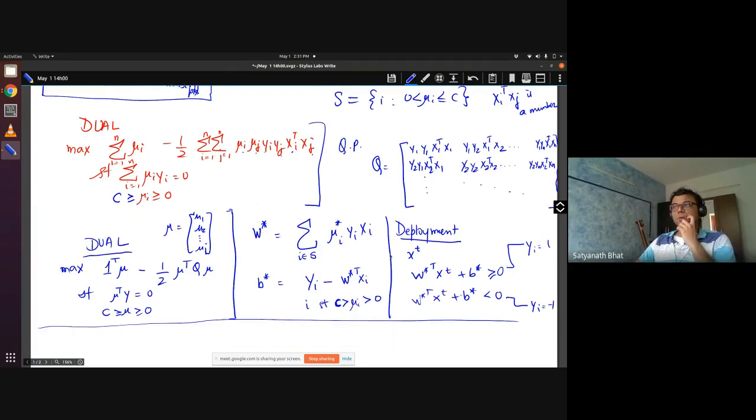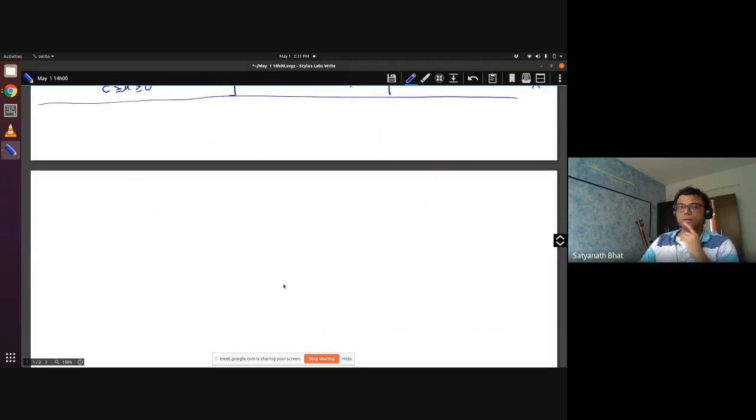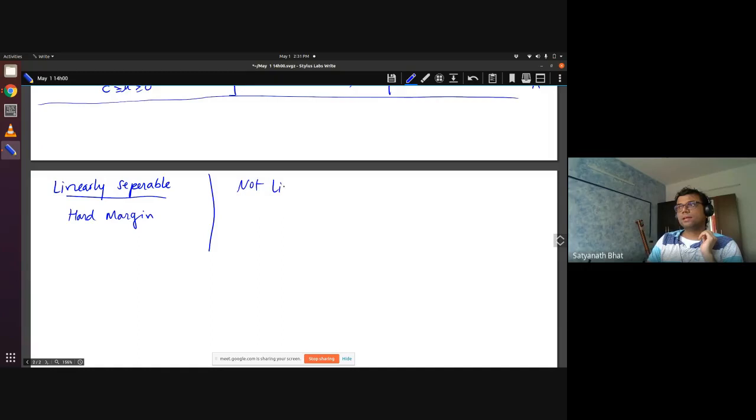Okay. So now what we have seen so far, if you just do a quick summary, we have seen 3 cases, right? So when we have linearly separable, what do we have? We can use hard margin. And then if we don't have linearly separable, and the extent by which it's not linearly separable is a mild case, if it's a mild situation, then you can use soft margin.